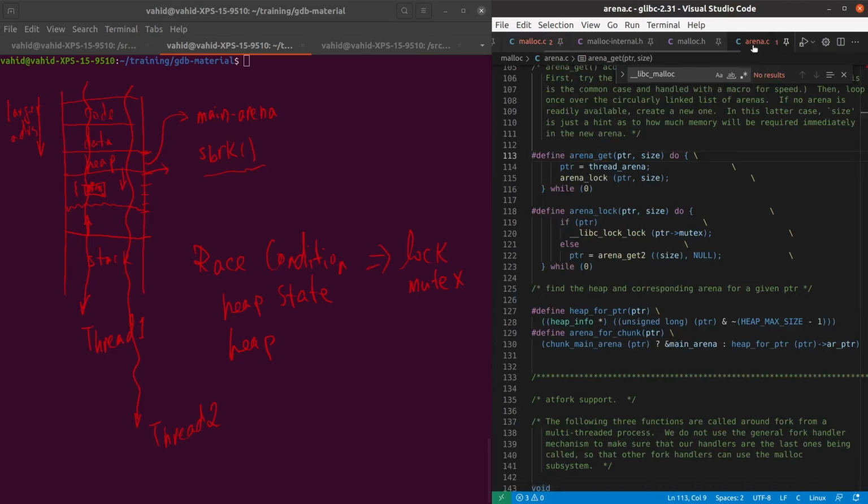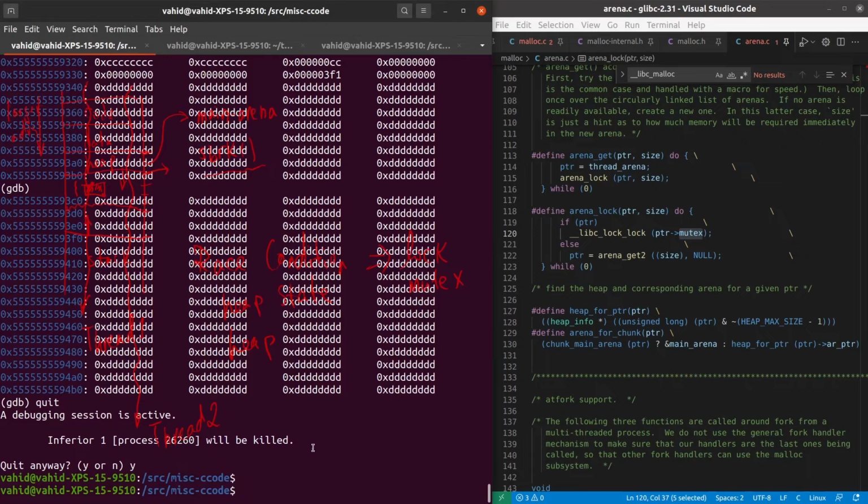There's this also important C file called arena.c. And here you see that we're getting an arena lock. What arena lock does is that it locks a mutex, which is part of the data structure of that arena. You remember the mutex that we had? Here,